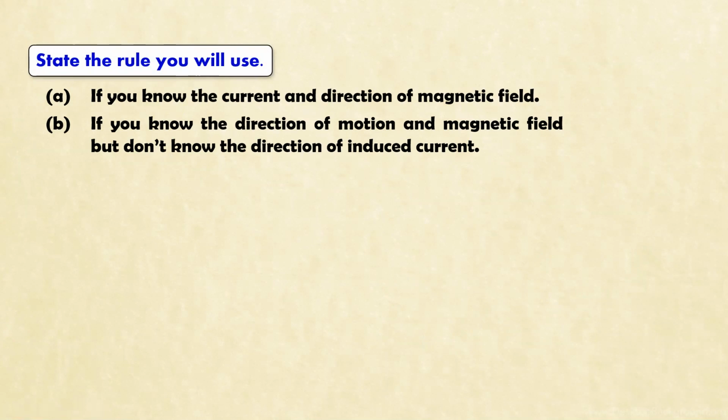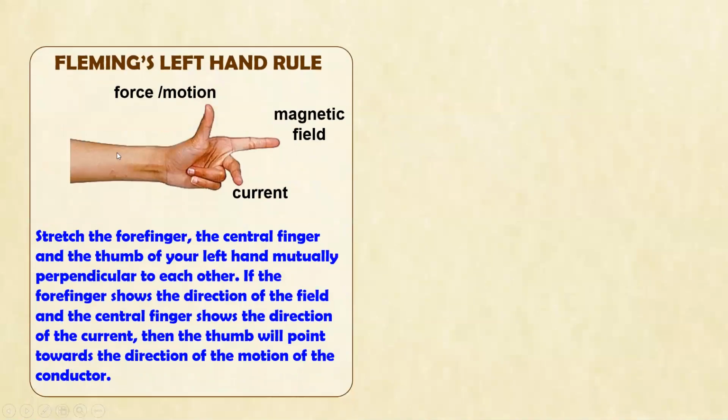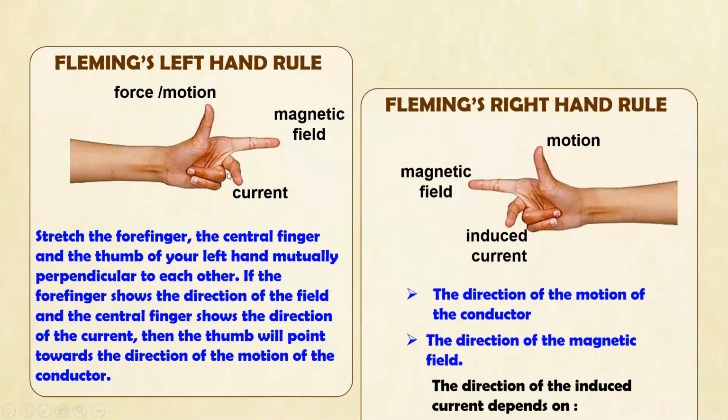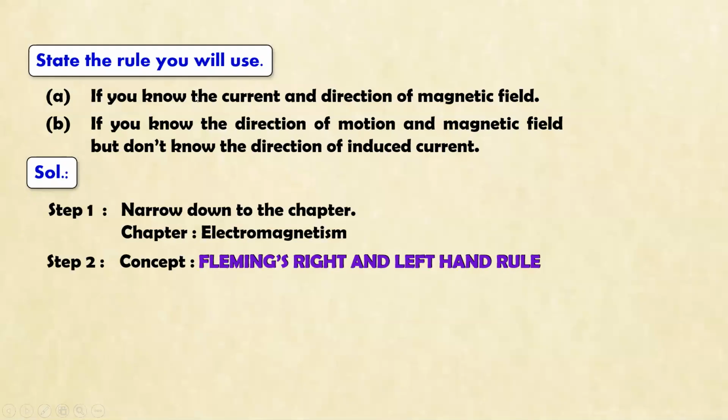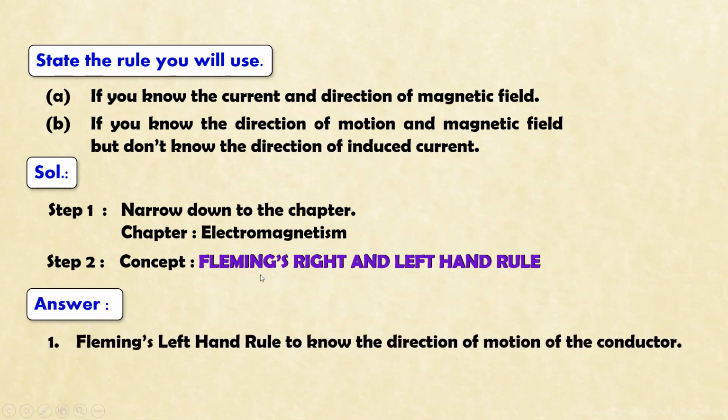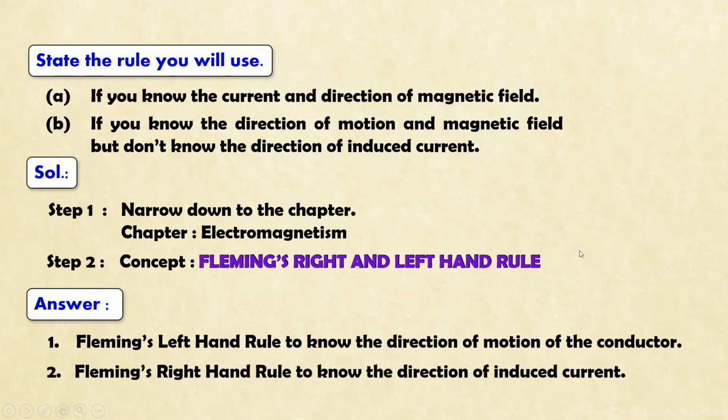What will the answer even be? I can simply say, for the first one, what will come? Simply I can use Fleming's left hand rule. For the second, I'll use Fleming's right hand rule. So if we know current direction and direction of the magnetic field, the direction of force can be given by Fleming's left hand rule to find the direction of motion. Similarly, to find the direction of induced current, we'll use Fleming's right hand rule. Right? It was very easy.